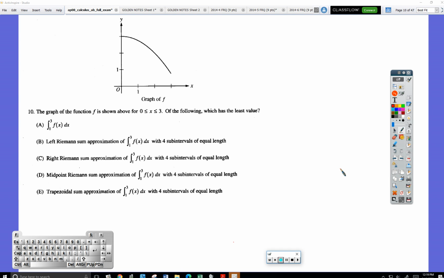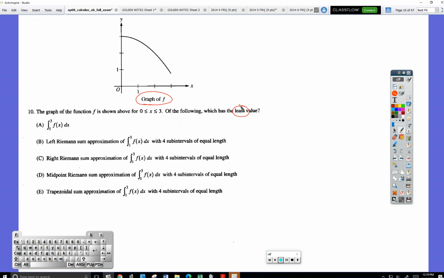Okay, way back in December, we did a packet. It was buff colored. In that packet, I had you do some things that were specifically designed to answer questions like what appears here. It says the graph of f is shown. Which of the following has the least value? Don't do most. That's least.